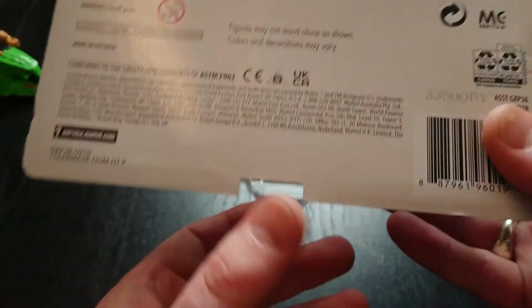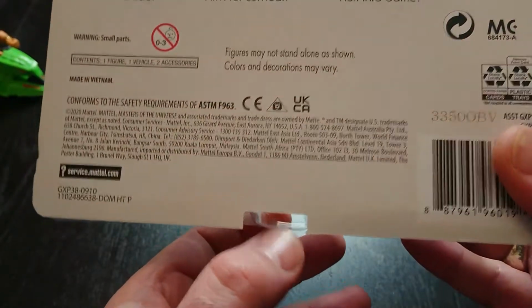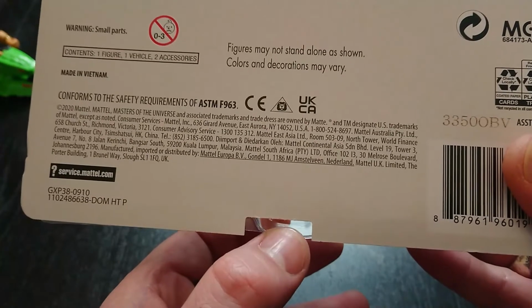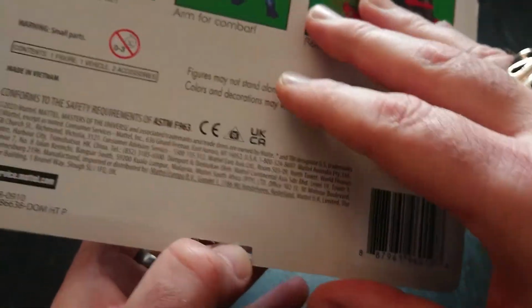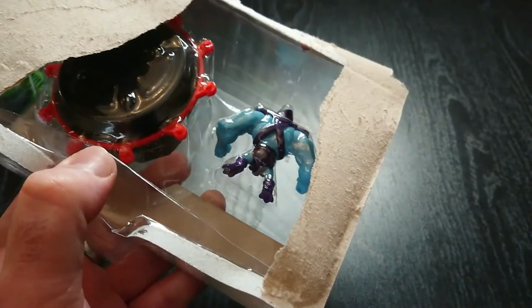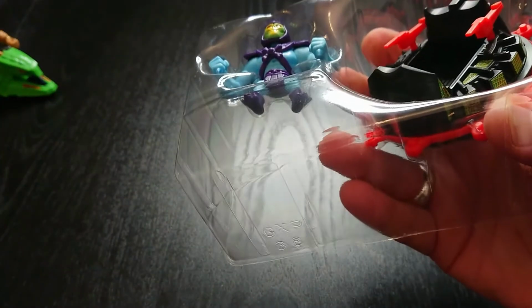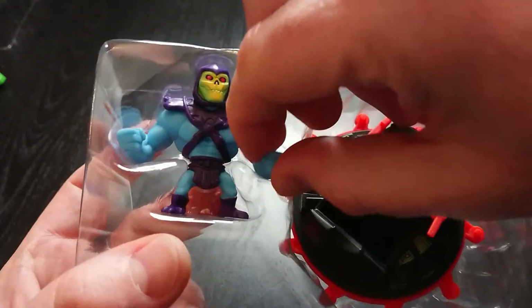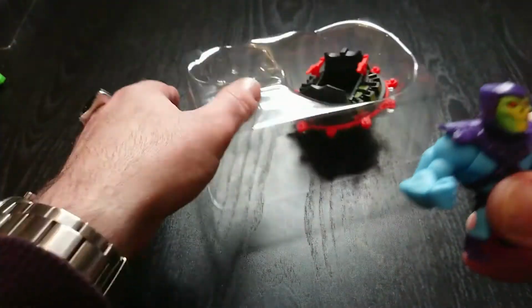So I've noticed on these, they all have this little hole here, which I guess is possibly a breathing hole to stop moisture gathering in, as opposed to using the traditional silica packets we get in most toys. All right, goodbye packaging. Let's get him up and out. All right. So first off,